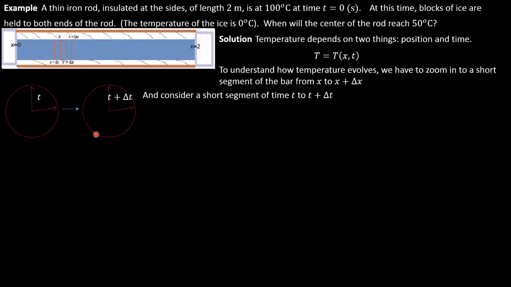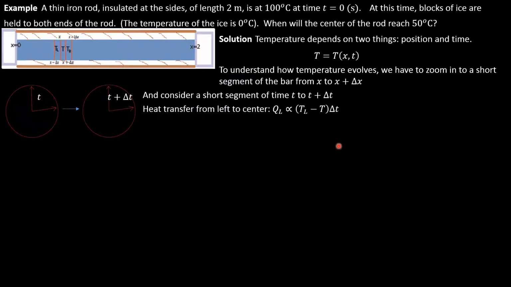And because neighboring slices will interact with each other, the thinking is that if one slice is hotter than another, it's going to transfer heat from itself to the cooler slice. So if we consider the temperature of the rod at this very special slice here between x and x plus delta x, if we call the temperature there T, let's call the temperature of its neighbors TL and TR for